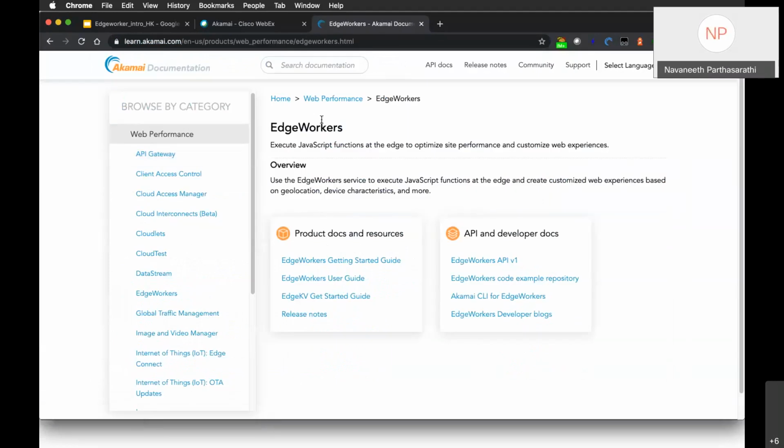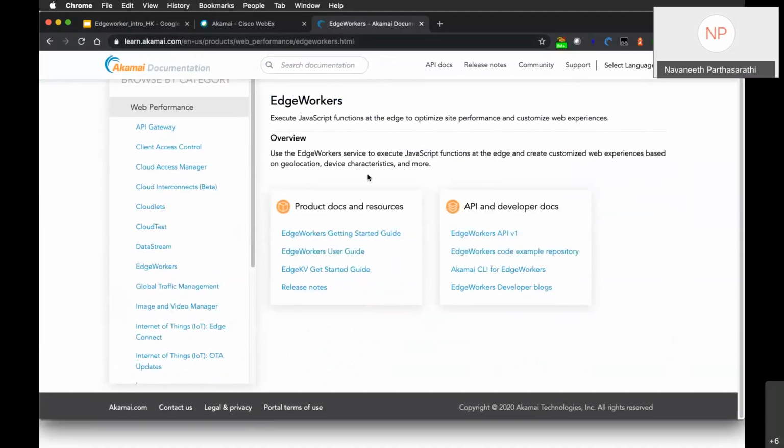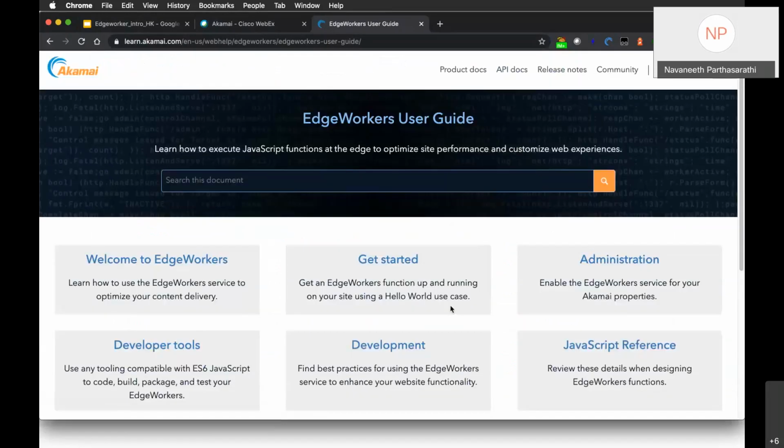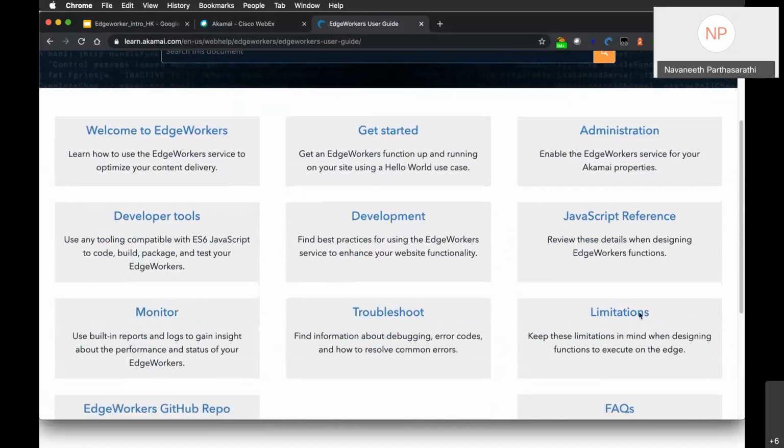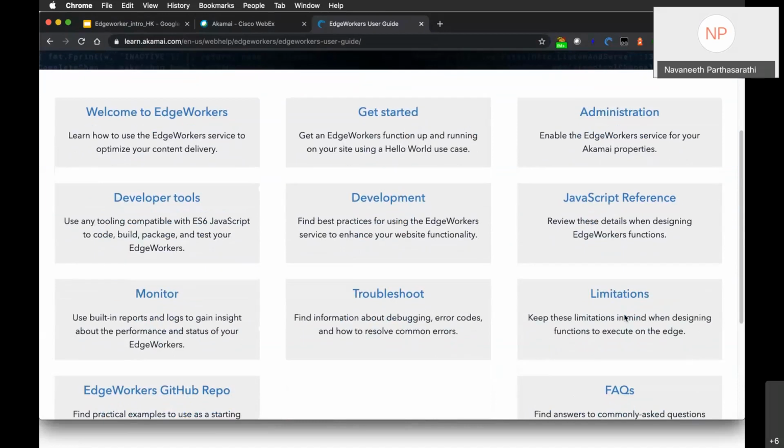Yeah, and as I touched upon, you can visit learn.akamai.com and go into the EdgeWorkers section. You will get all the documents for EdgeWorkers as well as EdgeKV. So all the currently available things for EdgeWorker, like how to get started, what the APIs available are, and whether there are any limits in terms of the maximum size of JavaScript that you can upload,